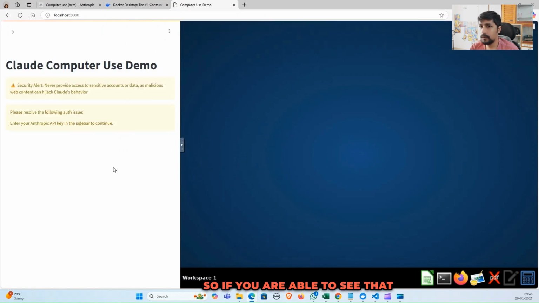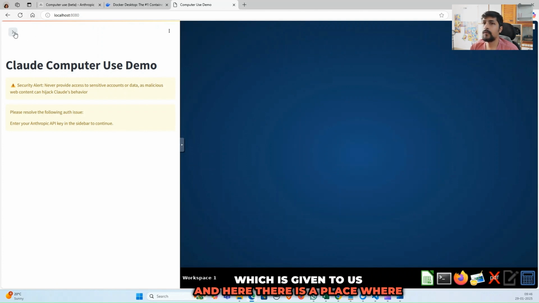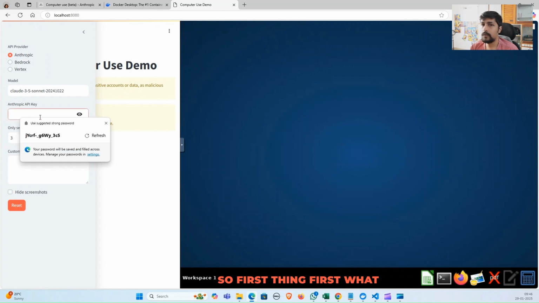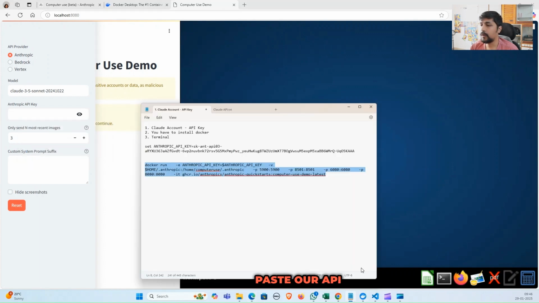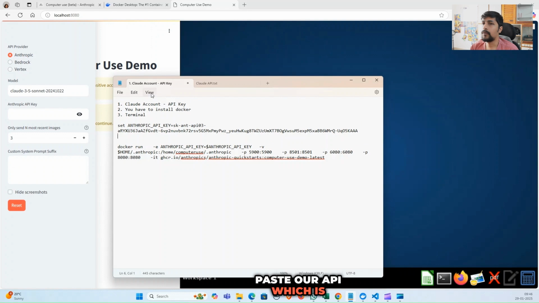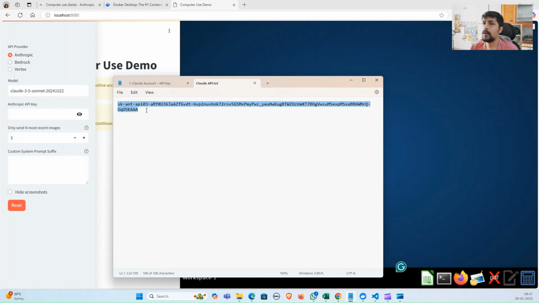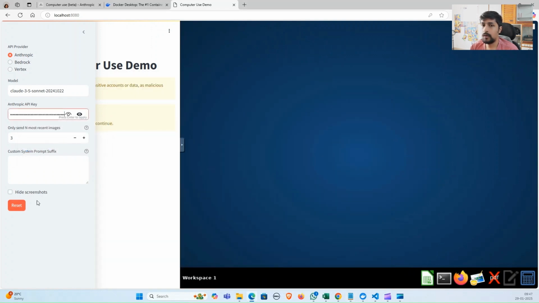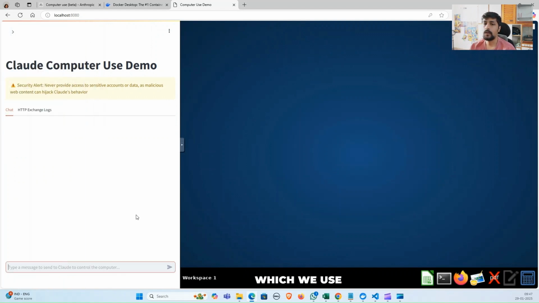If you are able to see that, here there is a workspace which is given to us, and here there is a place where we can do prompting. First thing first, we have to copy paste our API, which is this one, and paste it. Once we have the API, we may see different models here. So I have selected the model which we use. Now, for the first use case, I'll say open Excel,